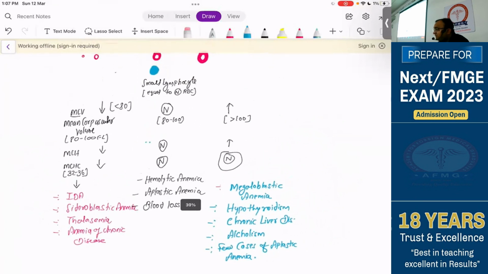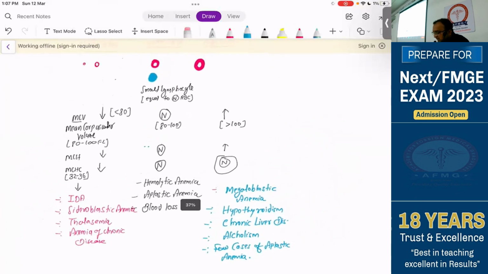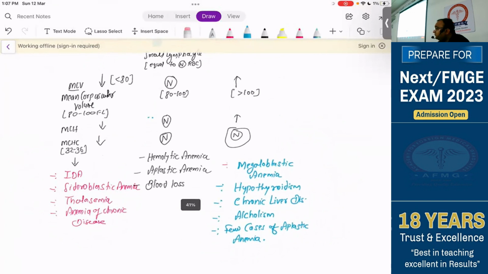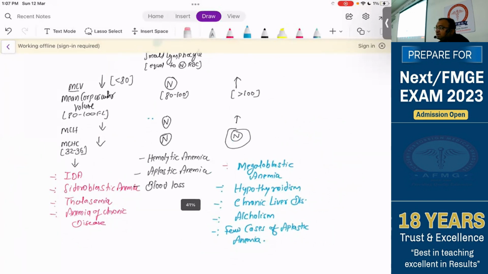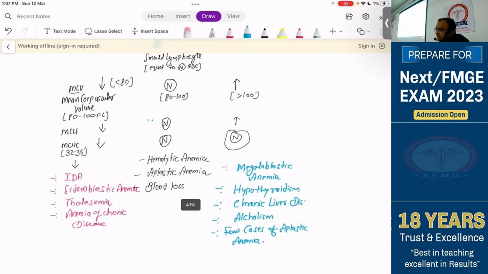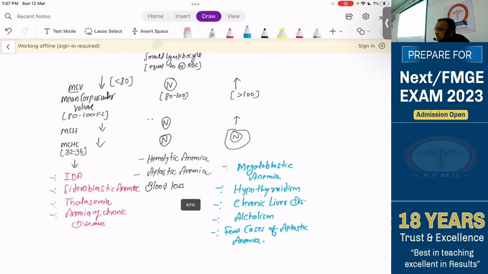So these are the important differential diagnoses of various anemias. If the microcytic category is there, then it can be a case of IDA, sideroblastic anemia, thalassemia, and anemia of chronic disease. In the normocytic category, we have hemolysis, aplasia of the marrow, and blood loss. Then comes the macrocytic, where we have only one important anemia, the megaloblastic anemia. And the rest of the non-megaloblastic causes of macrocytes are hypothyroid patients, chronic liver disease patients, alcoholism history, and a few cases of aplastic anemia. Okay, so let's see one by one what these anemias are,